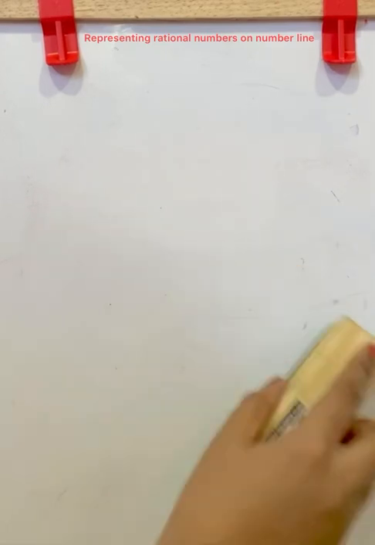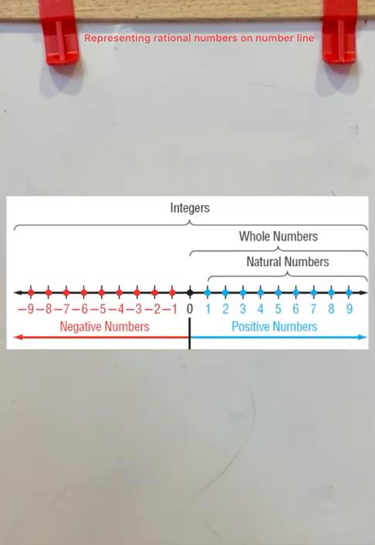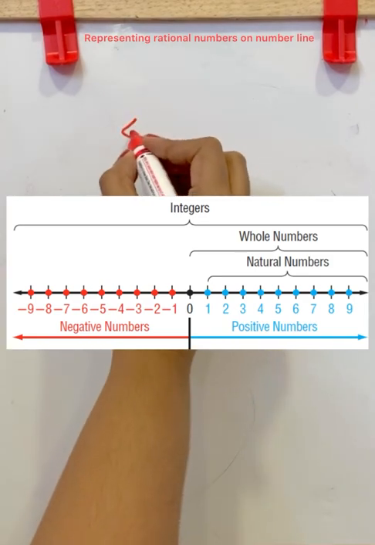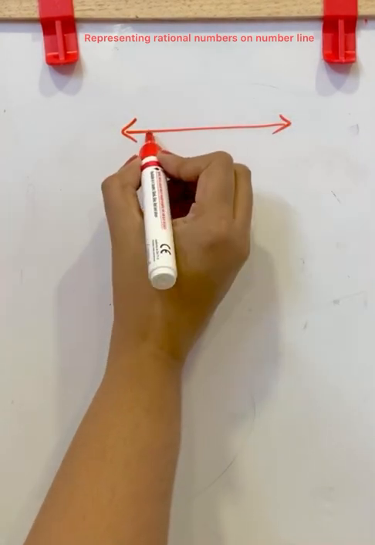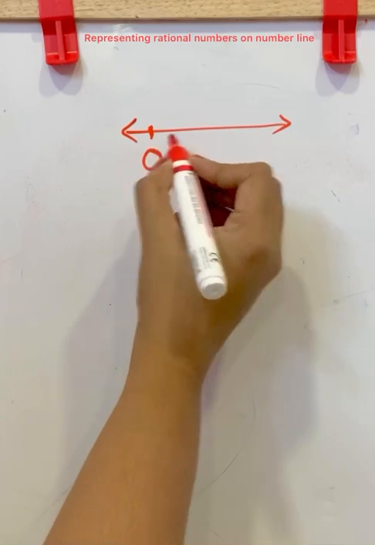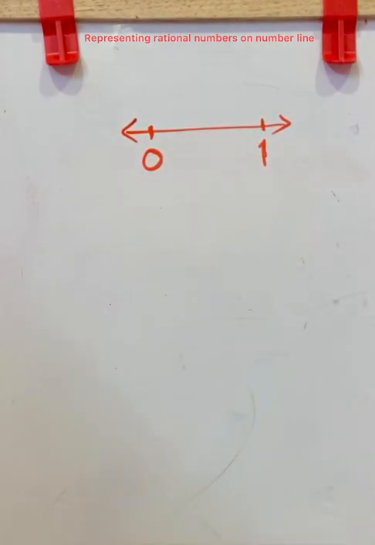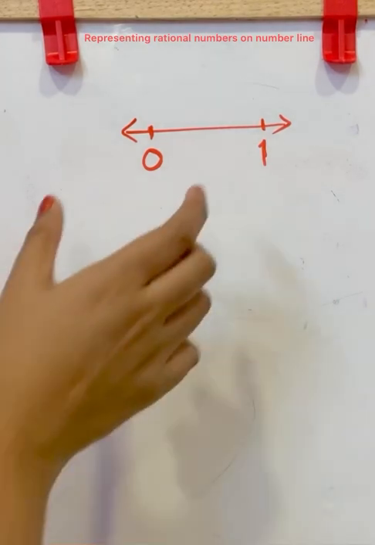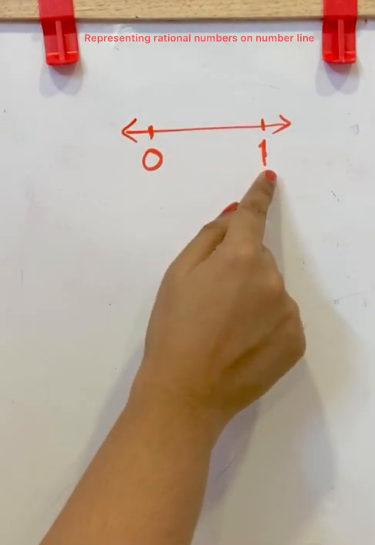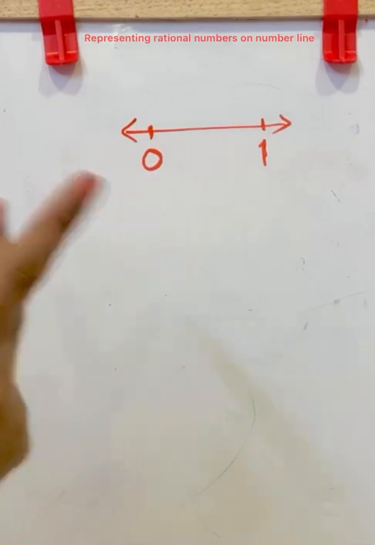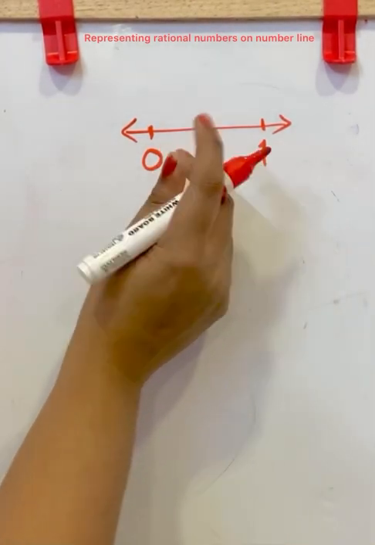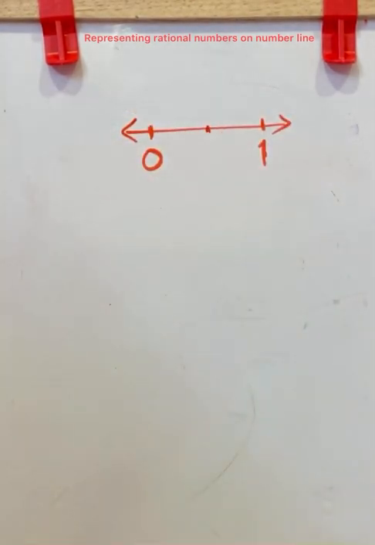Now, we know natural numbers number line, whole numbers number line and integers number line. Today we are going to look at rational numbers on the number line. Here I am zooming this number line. So I will mark here 0 and let here be 1. Now if we are dividing this part, that is the 0 to 1 distance, into 2 units, that is here 1 unit, this is 2 units.